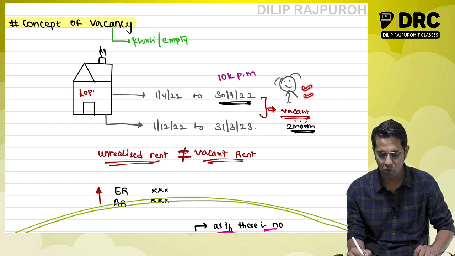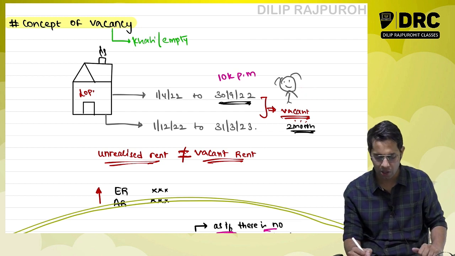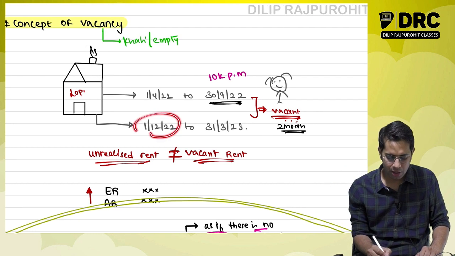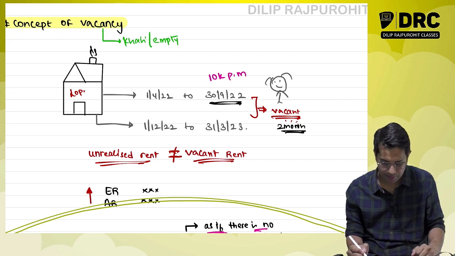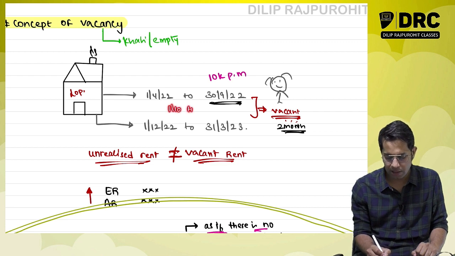Now this tenant to whom I have rented this property vacated the property. He left the property on 30th September. Now the next tenant came to the house on 1st December. So if you can see over here, from 1st October